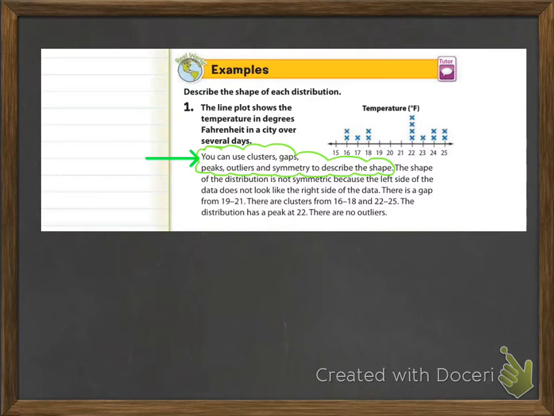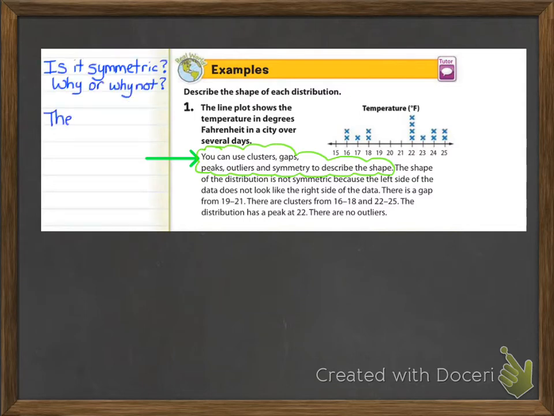I'm sorry, we didn't bring up outliers at the beginning, but outliers is something that we do want to talk about because it keeps showing up. So you definitely want to think about those 5 words: clusters, gaps, peaks, outliers, and symmetry. So what I like to do when I'm describing a data set or the distribution of a data set, I